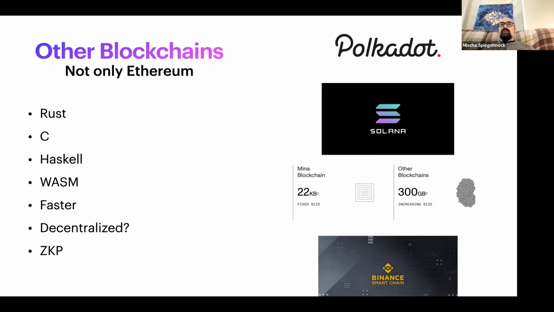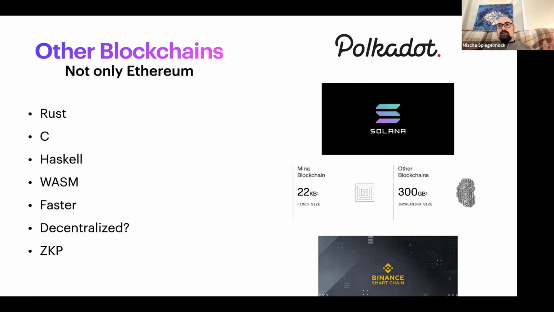Right now, if you want to interact with Ethereum directly, you need to run one of these nodes. It needs to have a lot of computing power and a lot of storage. But with something like Mina, you can actually prove that the whole blockchain is consistent, but you don't have to store the whole history. So I just wanted to point those out as things that are very promising.